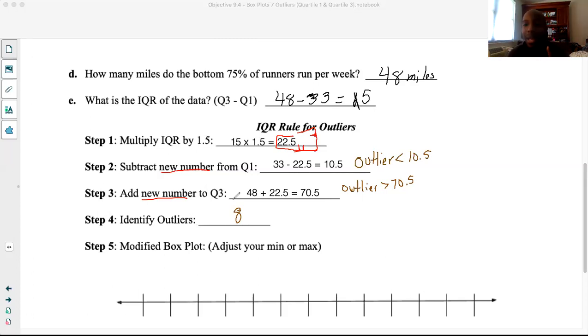So what do we do with this now that we identify an outlier? We have to go back and modify our box plot. If you want to go back on your page above and erase and fix it, that's fine. I wouldn't mind you recreating a new number line as I created for you at the bottom of this page. Okay, what does that mean? That means I would go here and write my brand new number line. I'll create all the numbers that I need here. So going from what we did before, we're gonna write 8,